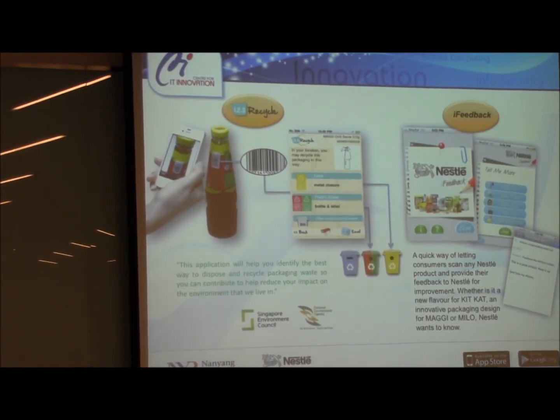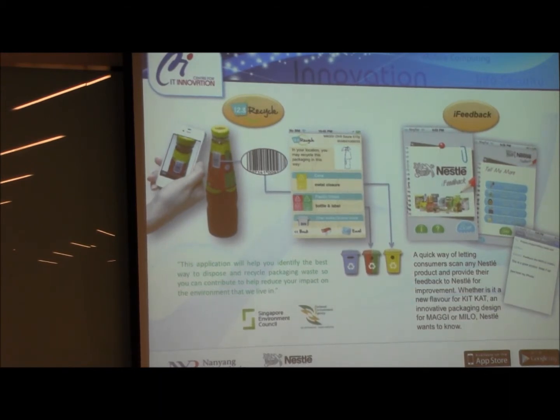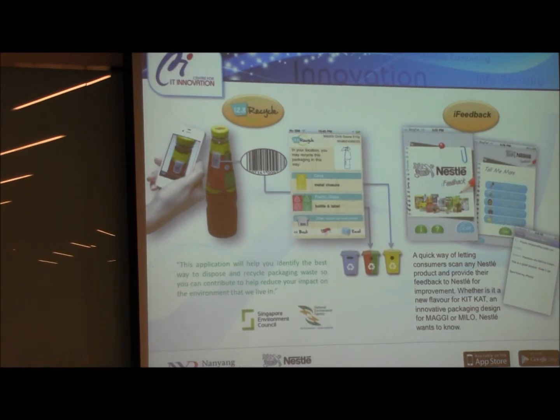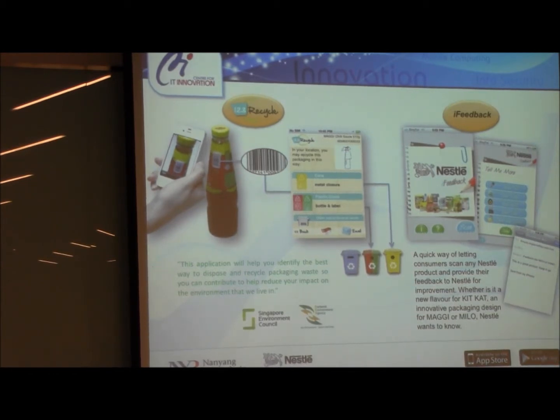Then the second app that we did is they came back. After a while of running this app, there was probably some positive feedback, and they came back to us. We did the second app for them, which is online feedback. They wanted to bring their consumers closer to them. So today, if you're walking down and you think of a new flavor of ice cream, you can use this app to share about it. You can attach photos or text, whichever you want, and it gets sent directly to their customer service. That's where they can churn out new flavors for you guys.